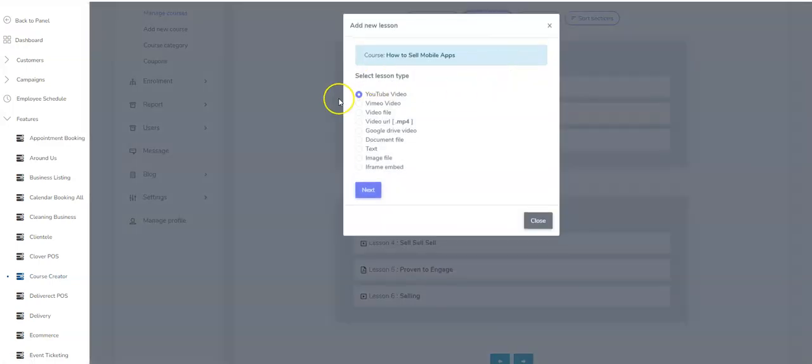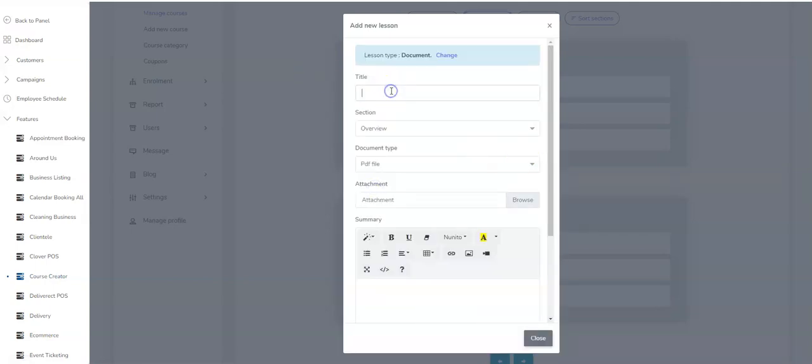So I can click add a lesson. I can select the type of lesson. It can be a YouTube link, a Vimeo. You can upload a video file, a URL, text document, PDFs, images, all of that kind of stuff. Let's click a document file here for a course. We'll call it